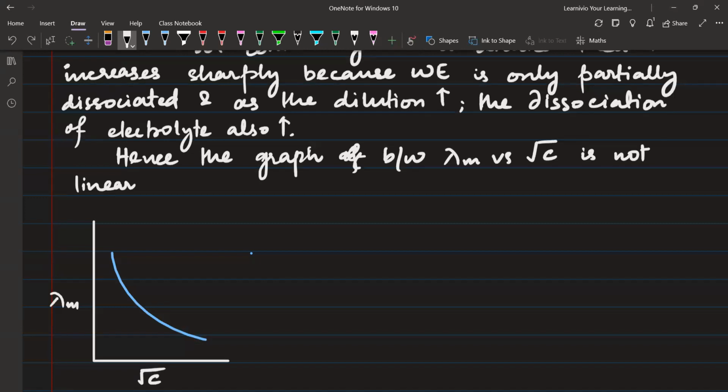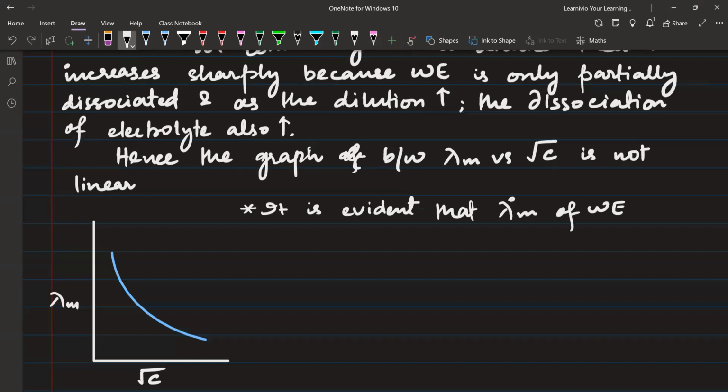Now, you can see from this particular graph, you will never be able to reach the y-axis, because the plot is going to reach the y-axis at infinity. It's going to keep on going up, right? Above, above, above. So you can say that it is evident that lambda naught m of weak electrolyte cannot be determined from this graph,